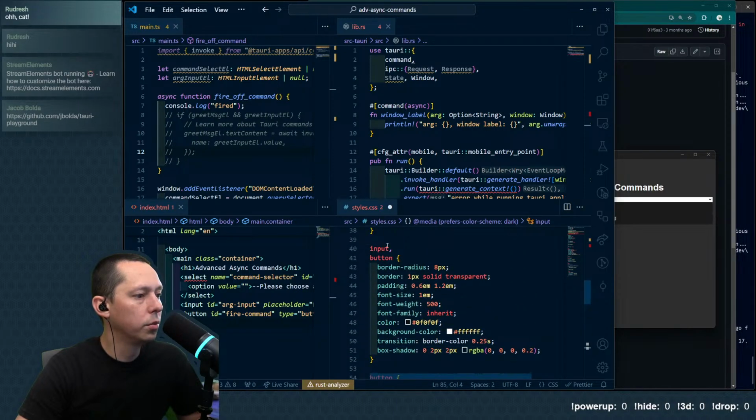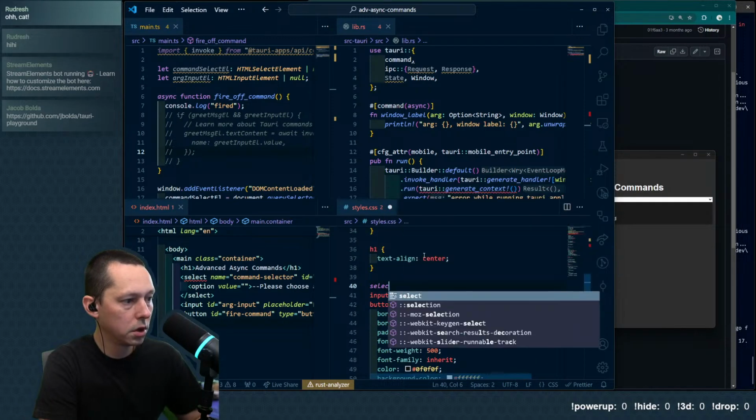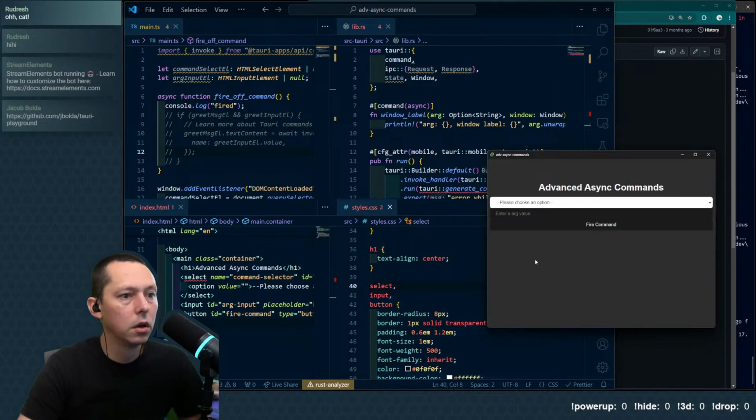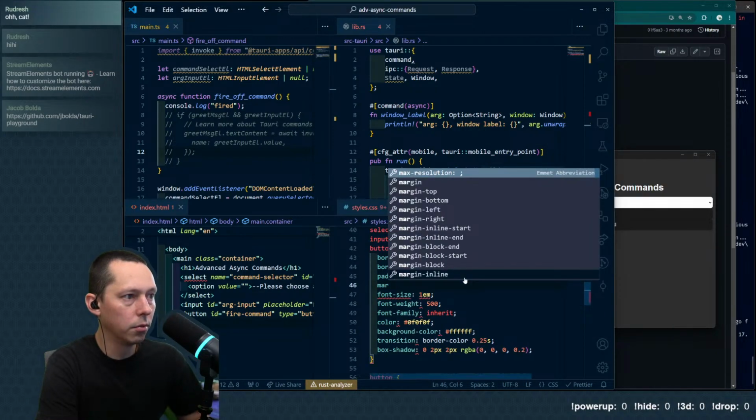And then, so that's a padding within. I'm going to just do a bit of margin.